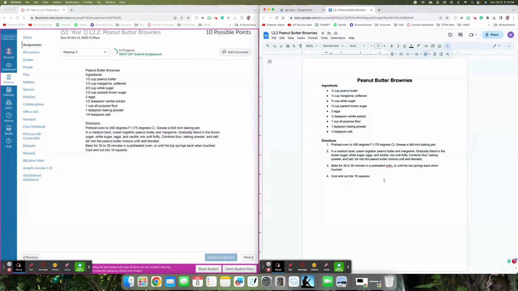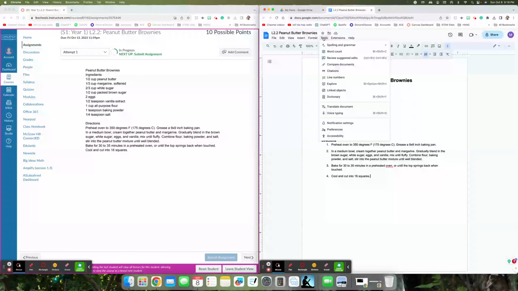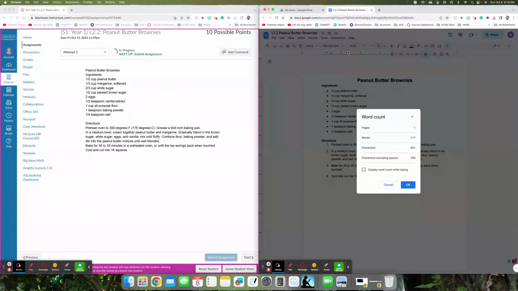So now the next thing that we're going to do is find the word count of our document. And the word count just tells us the number of words that we've used in our document. So if I go to the word tools and I click on the word count,